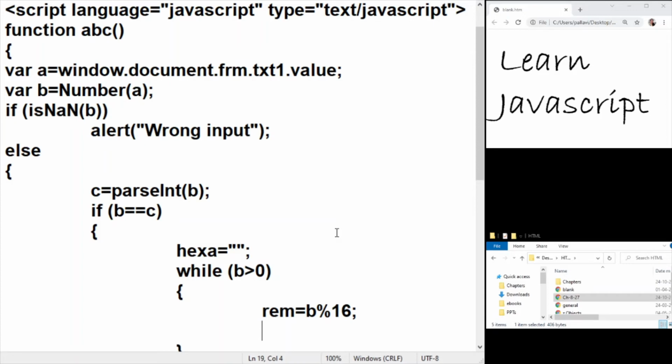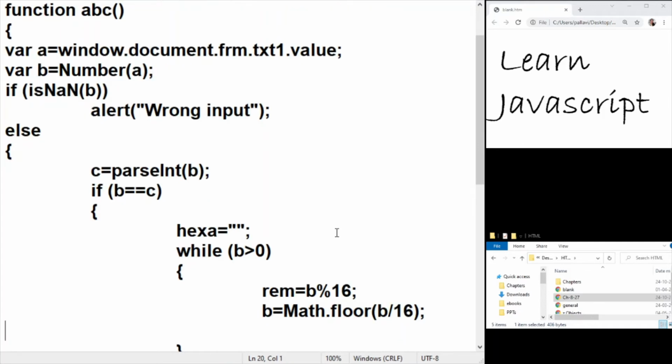So the problem here is that the digits 10 to 15 are two-digited. So they need to be converted into A, B, C, D. So apart from the conversion, I would need to also convert the remainders into the alphabets if they are above 9. So that is the provision we'll have to make for this coding. So first thing, let me create the conversion here. That is the concatenation.